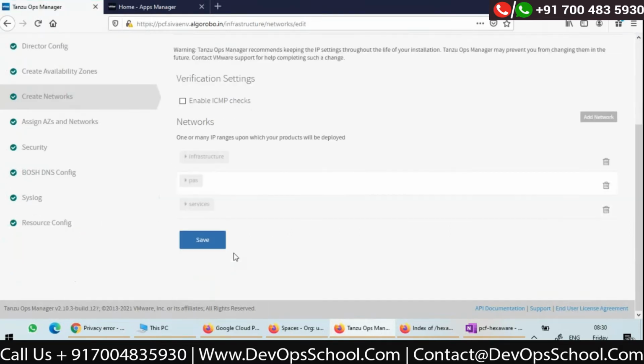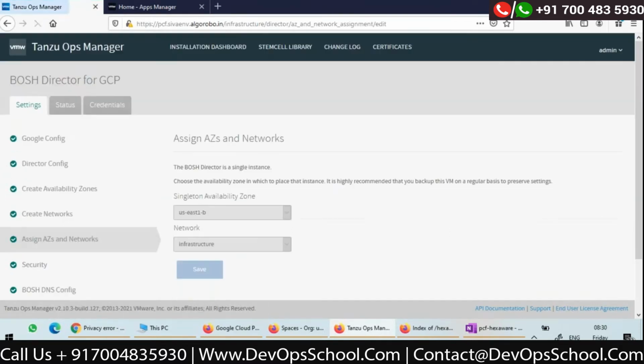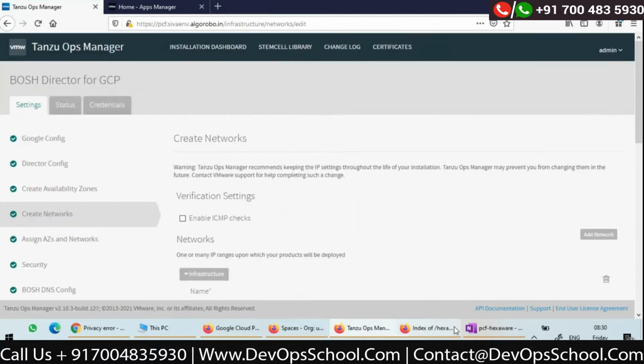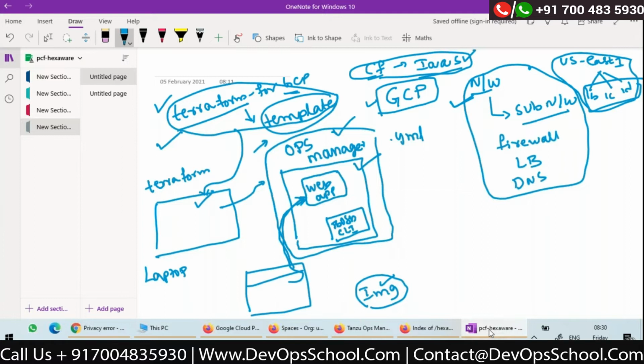Using all this information, it will create a YML file, and then this Ops Manager application will use a BOSH CLI to create one more VM called BOSH Director VM or BOSH VM.